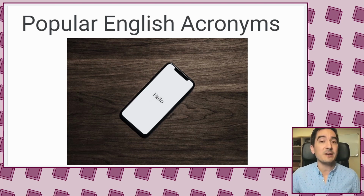And so today we're going to take a look at some of the ones that have become popular in the past few years. You might see these in a text message from your friends, or on an Instagram post, or on Facebook or TikTok or any kind of social media. So I chose a few popular acronyms that I've seen a lot recently. Okay? So let's start with